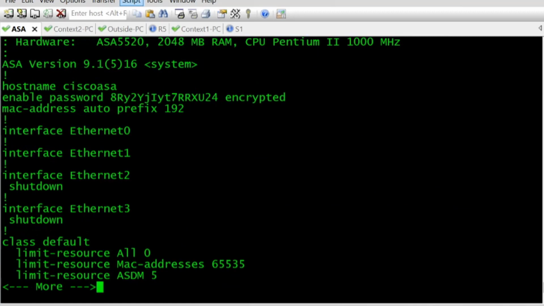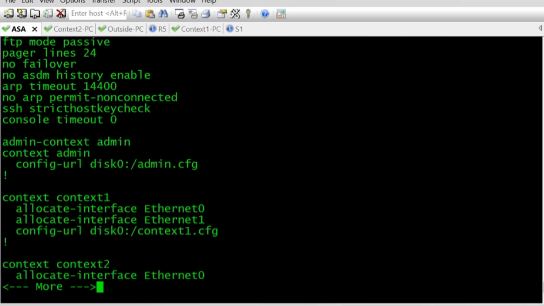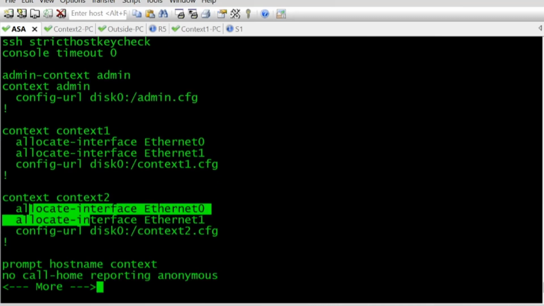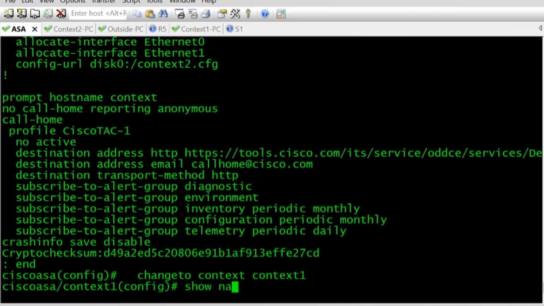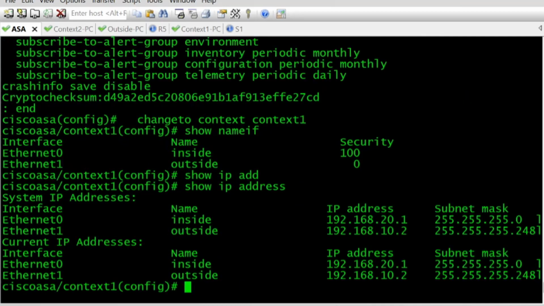So now if we just do a show run, we can see that we've got the context configured in system. We can see the allocated interfaces for both contexts right there. So we're all good on that front, and the interfaces are up. So if we change back to context 1, and we'll just do a show name if, we now see that we've got 2 interfaces there. So IP address, we've got our IP addresses assigned,